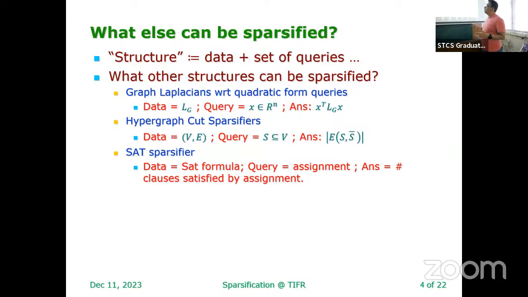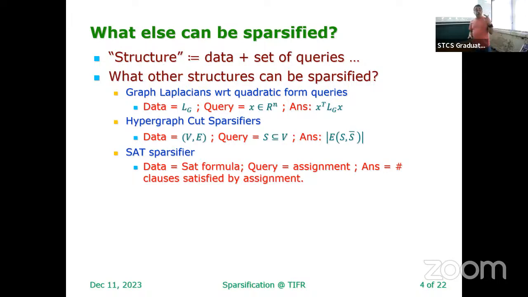People have worked on hypergraph cut sparsifiers, saying, look, I have a hypergraph in which the edges are not just between pairs of vertices, but involve triples or quadruples of vertices. And there have even been studies which say you can sparsify SAT formulae. So I give you a SAT formula, n variables, m clauses, and each clause is a disjunction of literals. And now I don't want to see m different clauses. I want just order of n clauses, which roughly represents the same information as the original